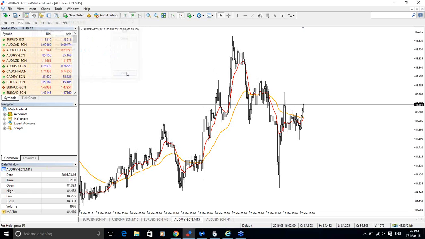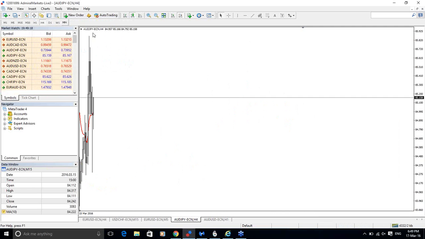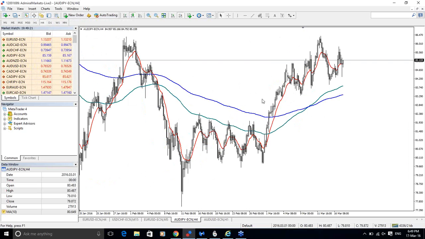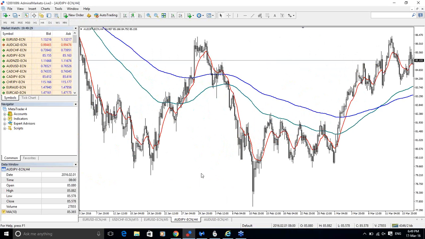So what we want to see is actually multiple time frame analysis. First, we go to 4 hour time frame, and we need to spot the cross in trend direction. So actually what we want to see is if 200 EMA is above 100 EMA, we say the trend is to the downside. So we want to see 10 EMA cross either from the upside of 100 or 200 EMA. So this could have been our potential signal for entry.